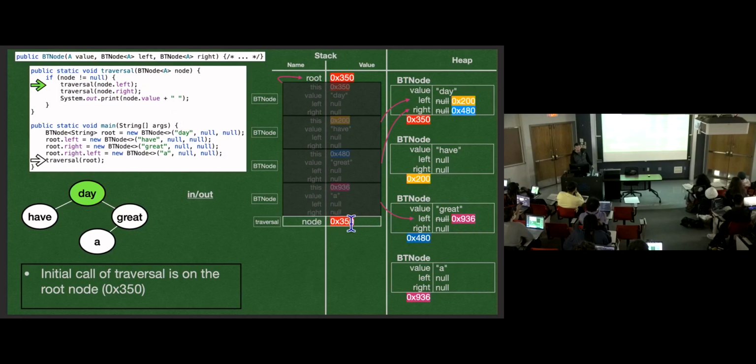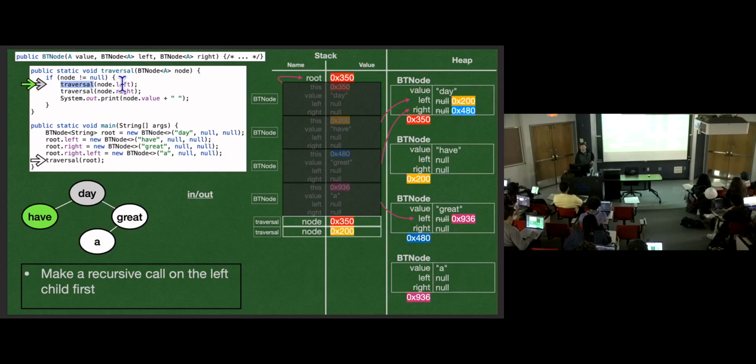So node is 350. Node is not null. It's 0x350. So we're going to execute the code inside the code block, which starts with a recursive call to the left. Node.left, 0x200. That's going to be the node for the next recursive call. 0x200 is not null. So we're going to execute the code inside the block.